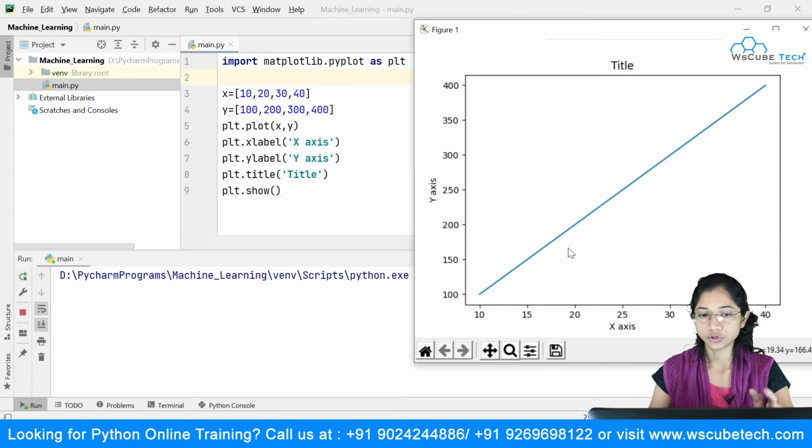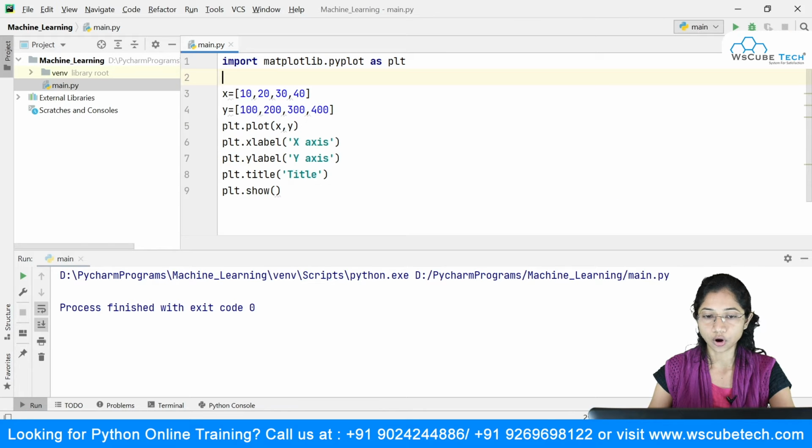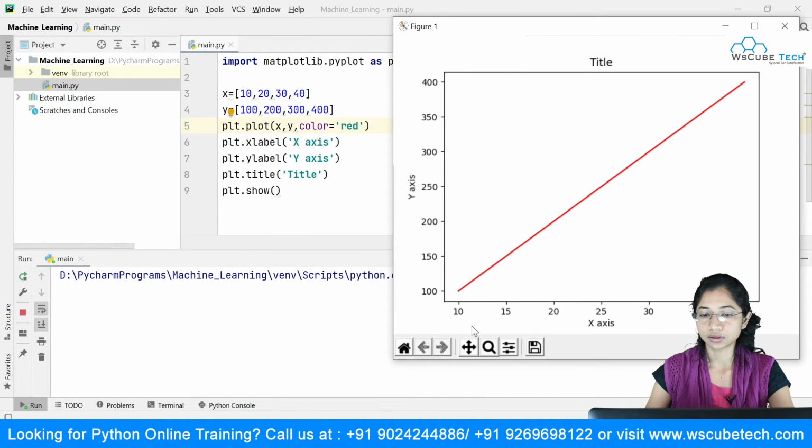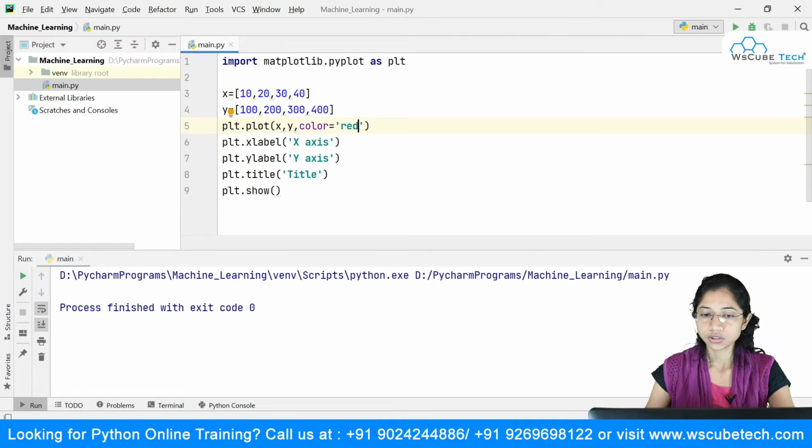So now I have to introduce you guys to the color references that we have in matplotlib. This is the default color over here. So what you can simply do inside your plot is say color, and suppose that I want red. In the quotation marks, I will say red. All right, and now if I run this, you can see that I got that line in red color. So these are the color references. Instead of writing the entire word red, you can simply say R, and this will also work fine.